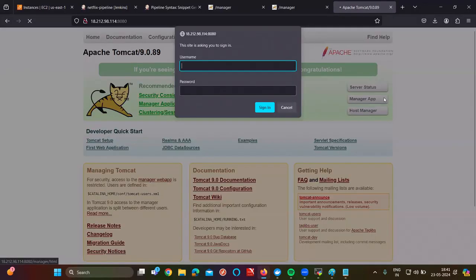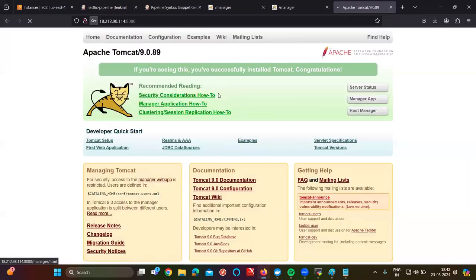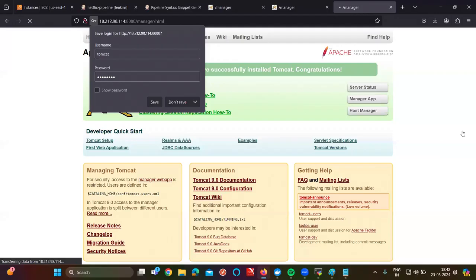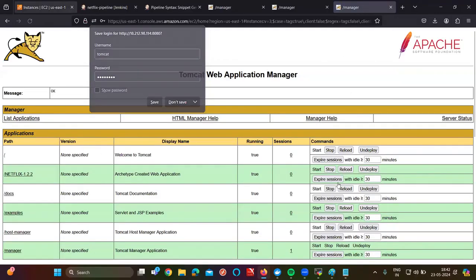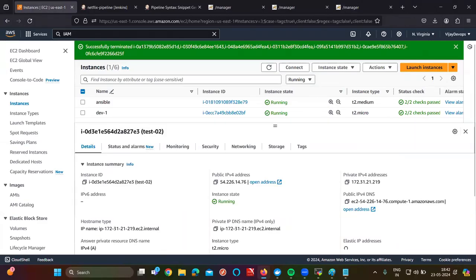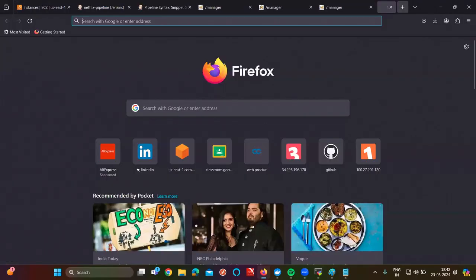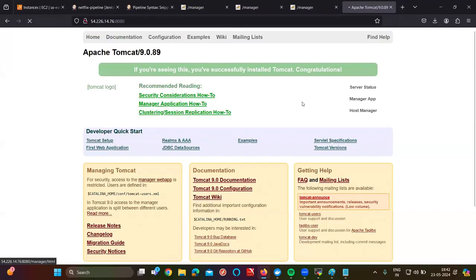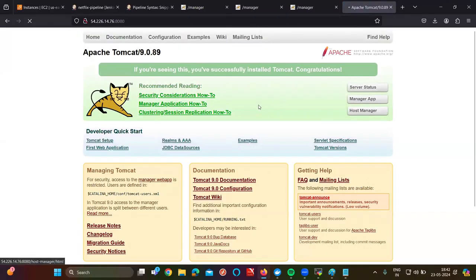Manage apps, username will be tomcat, password Raham123. Oh, wait. Tomcat. Sorry, I have given the wrong password a couple of times. Tomcat. Done. Finally, the testing server, right? What is the port number? Username will be tomcat. Password will be